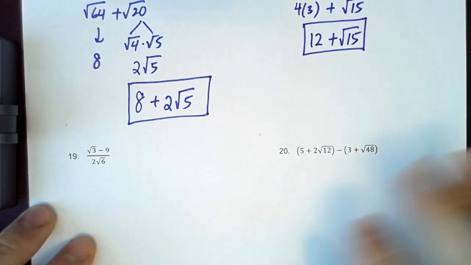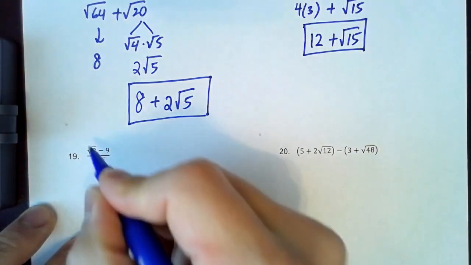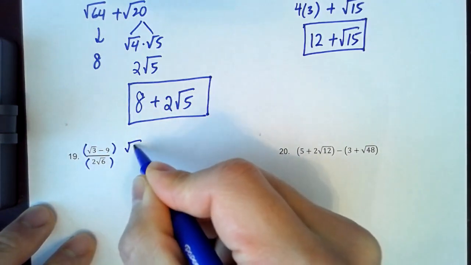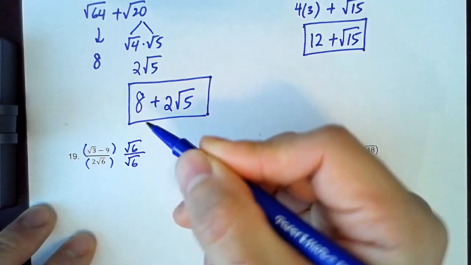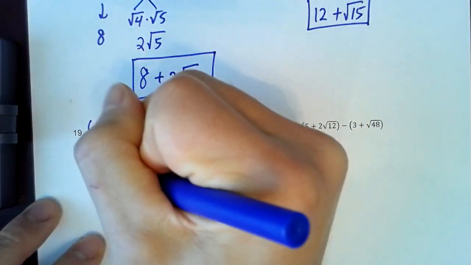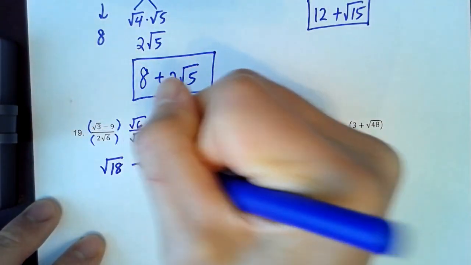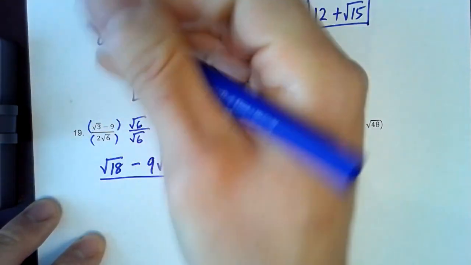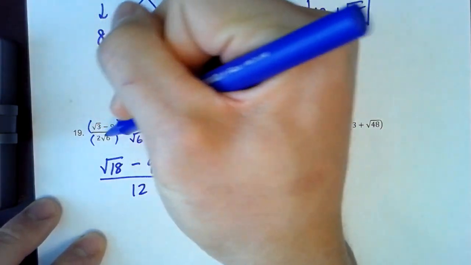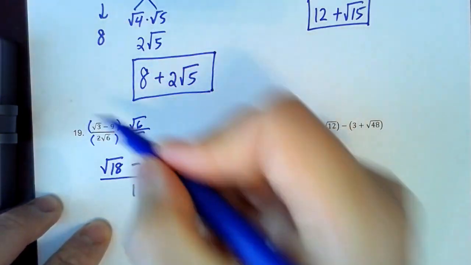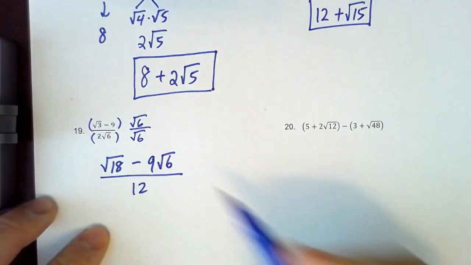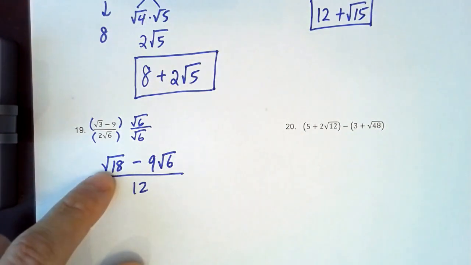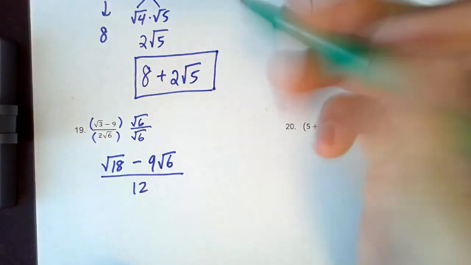Okay, number 19, you want to rationalize the denominator. So you're going to have to multiply the top and the bottom by the square root of 6. And you end up getting square root of 18 minus 9 root 6 all over 12. It becomes 2 rad 6, and that actually becomes 2 times 6. Okay, but the square root of 18 is not simplified. That's the only problem that we have right now. And the square root of 18,